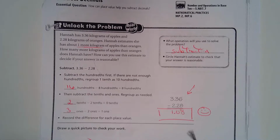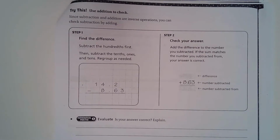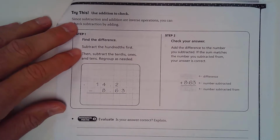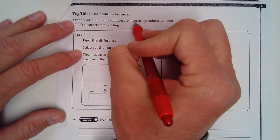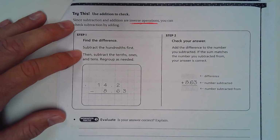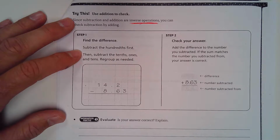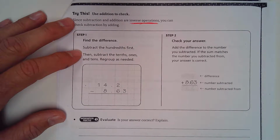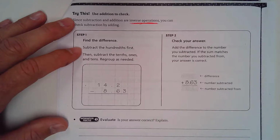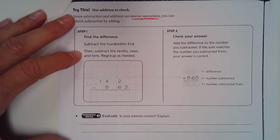Okay, next page. This is page 144. All right, we're getting into some meat here. Since subtraction and addition are inverse operations. Inverse operations, what does that mean? You can check subtraction by adding. Inverse operations, opposite operations. So let's see here. Find the difference. Subtract the hundredths first, then subtract the tens, ones, and...